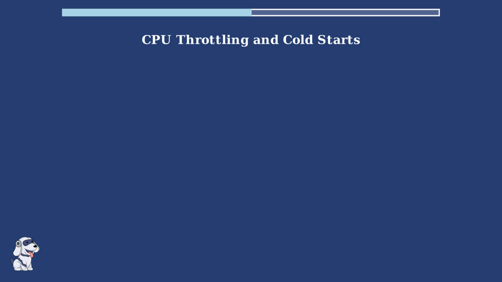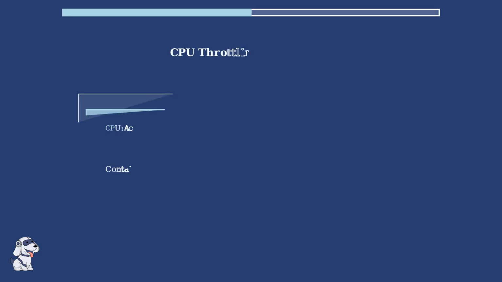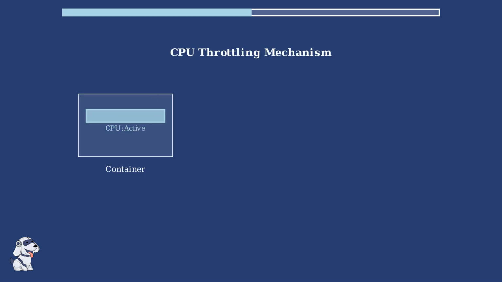CloudRun implements sophisticated resource management through CPU throttling and handles service initialization through cold starts. Understanding these mechanisms is crucial for optimizing application performance. CPU throttling is CloudRun's method of conserving resources when containers are not actively processing requests. When a container becomes idle, CloudRun automatically throttles its